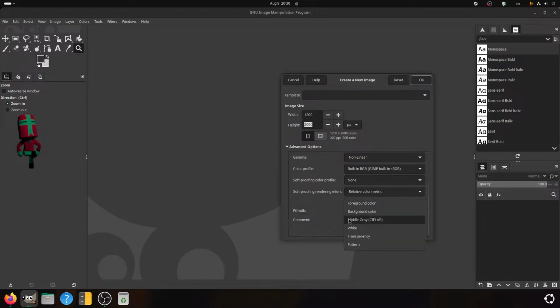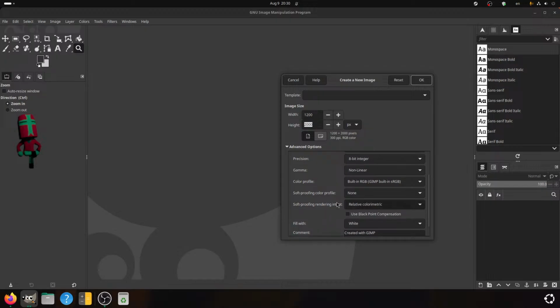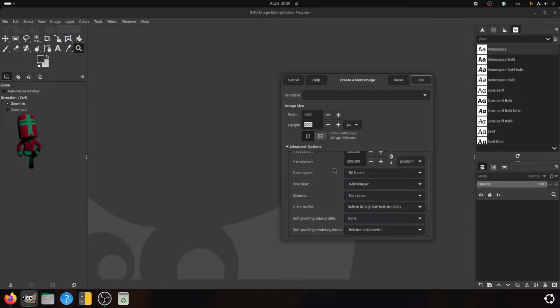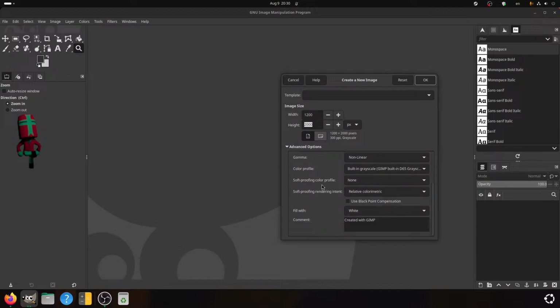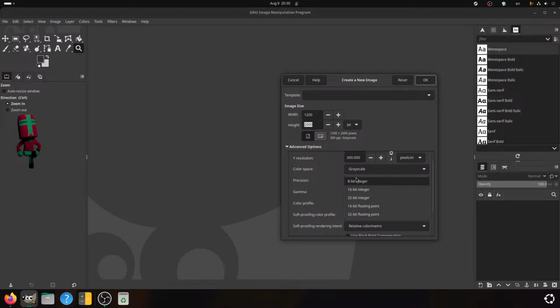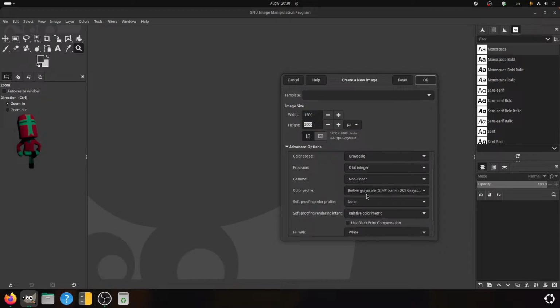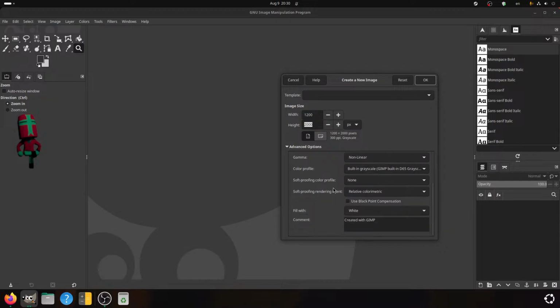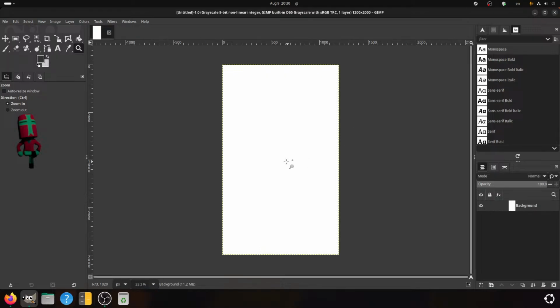Background fill with white. Color profile sure. Precision 8-bit integer. Grayscale. The white sure is white.